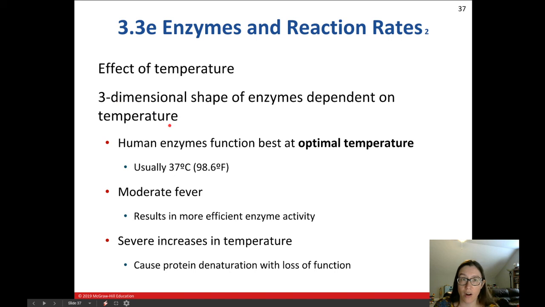So if we have a moderate fever, the enzymes are actually a little bit more efficient. And so at moderate fever, our reactions will happen a little bit faster. But if we have really high increases in temperature, it's going to actually denature the proteins and denature the enzymes. And so they're going to lose their function. They won't work anymore. All the proteins are going to kind of melt, and it's going to decrease the reaction